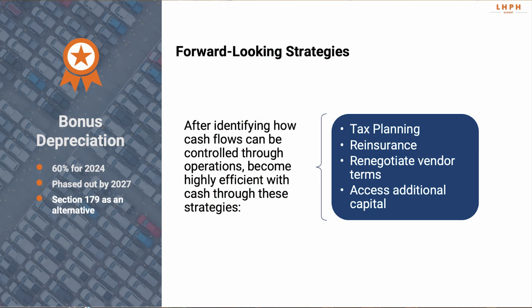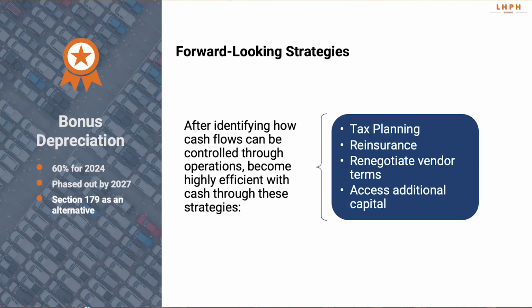And here are some options of strategies you can look to implement. Some of the stuff's already been talked about. The first one that we'll talk on is tax planning. Good tax planning looks to delay that tax obligation into the future so we can respond to it. But delaying that payment on taxes also delays having to pay cash for what's going on. And so effective tax planning can actually be a helpful tool when you're looking at cash flow.